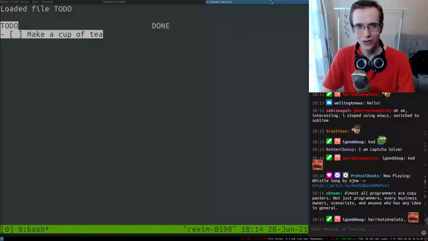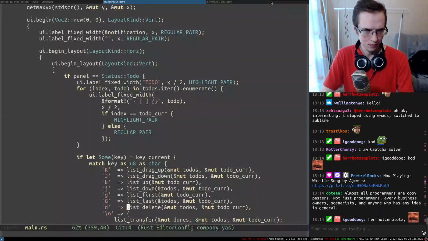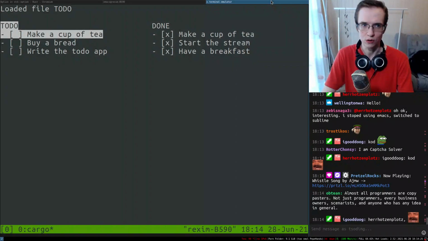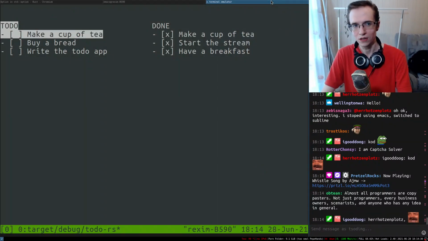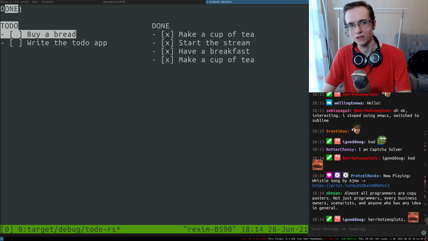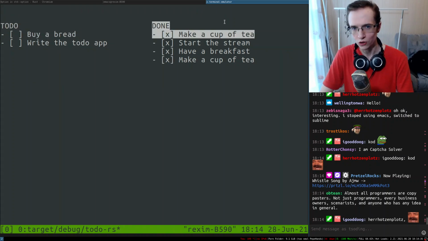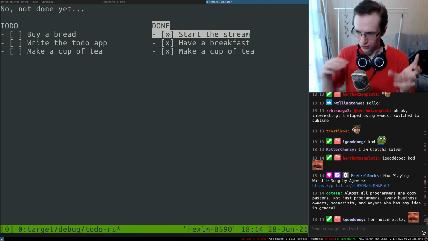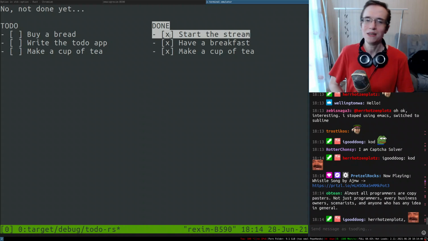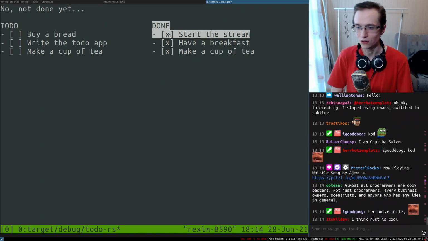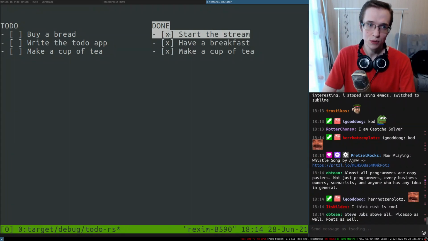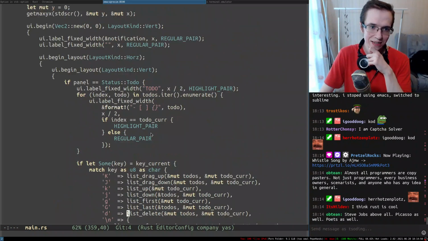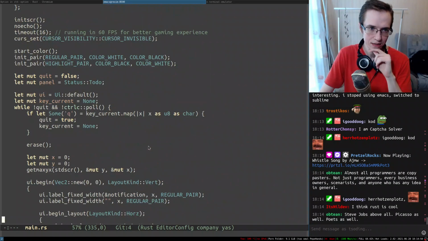You see, like here we have a thing. Let me actually go here and restore the to-do. Chat, look. When you actually mark something as done, it says done in here. But then if you're not sure if something is done, you can move it back and it says not done yet. So we have a notification system that allows you to put messages in there when you do particular actions, which is pretty cool. So maybe when you delete an item, we can